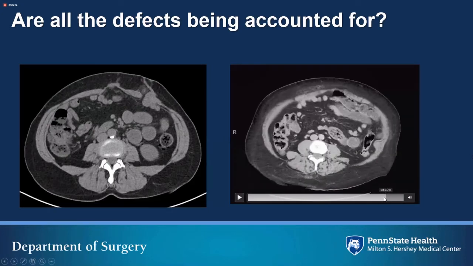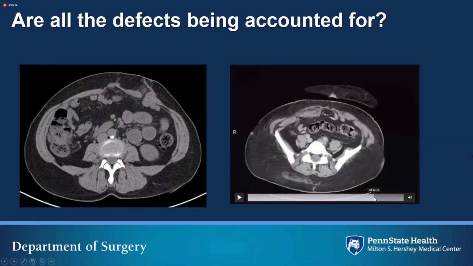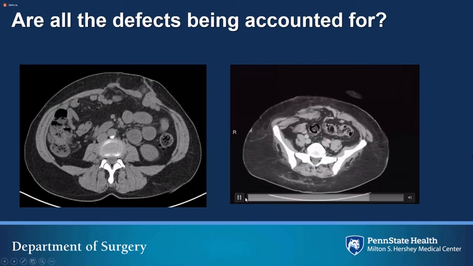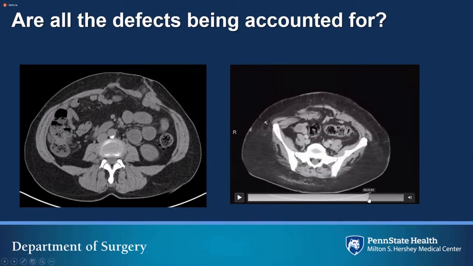And when we had our anatomy talk just a minute ago, we talked about some of these Spigelian type defects. This patient actually has a very small Spigelian defect right here, which I didn't see on the scan and I didn't find until I was doing a preperitoneal dissection. This is a trocar site hernia from a previous laparoscopic operation. As Ramana just said, if you compare the left and the right, you can see that there's fat here on the right-hand side where that fat does not exist going through layers of the abdominal wall. And sure enough, there was some preperitoneal fat stuck in here, as was mentioned earlier during our anatomy lecture, so